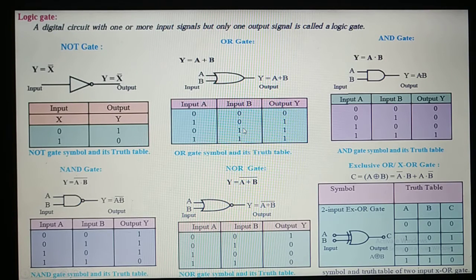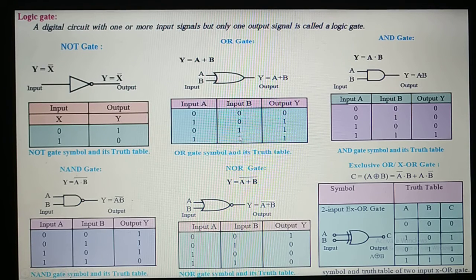So there are two signals. We represent 0 0 1 1 like that, and 0 1 0 1. You will see 0 0 1 1 0 1 0 1 0 0 1 1 0 1 0 1. But what does this mean? Why is it written like this, 0 0 1 1? Why not 1 0 1 0, 1 1 0 0? I'll tell you the reason behind that in a supplementary lecture. Right now we'll understand how it is represented and what the logic is, so why the output is equal to input A or input B.